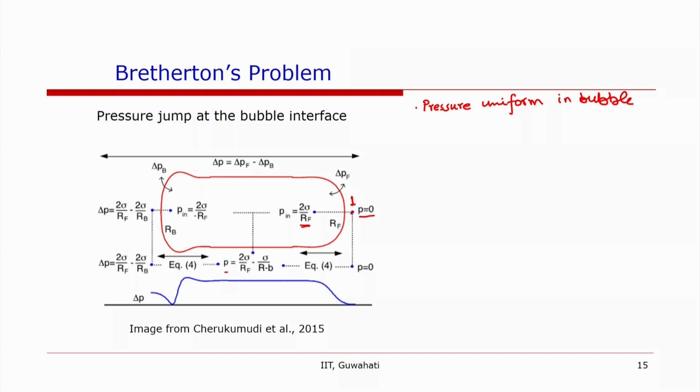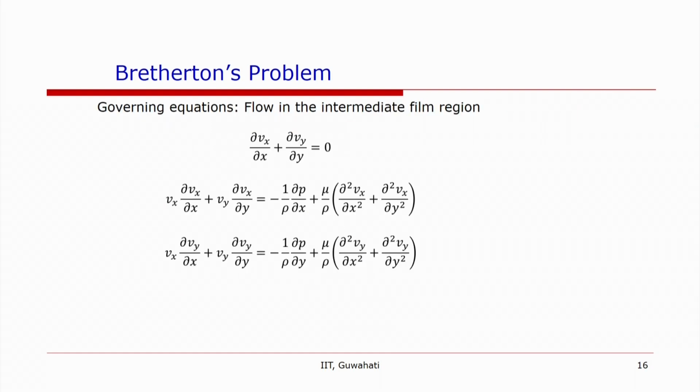Similarly, at the back of the bubble, just near the back, we will have 2 sigma over Rb as the pressure difference, and the pressure in the bubble is 2 sigma over Rf. So the pressure difference there, delta Pb, is 2 sigma over Rf minus 2 sigma over Rb. So this is the pressure distribution at different points in the bubble, and some of it might be used later in the course. So now, using the lubrication approximation equations,